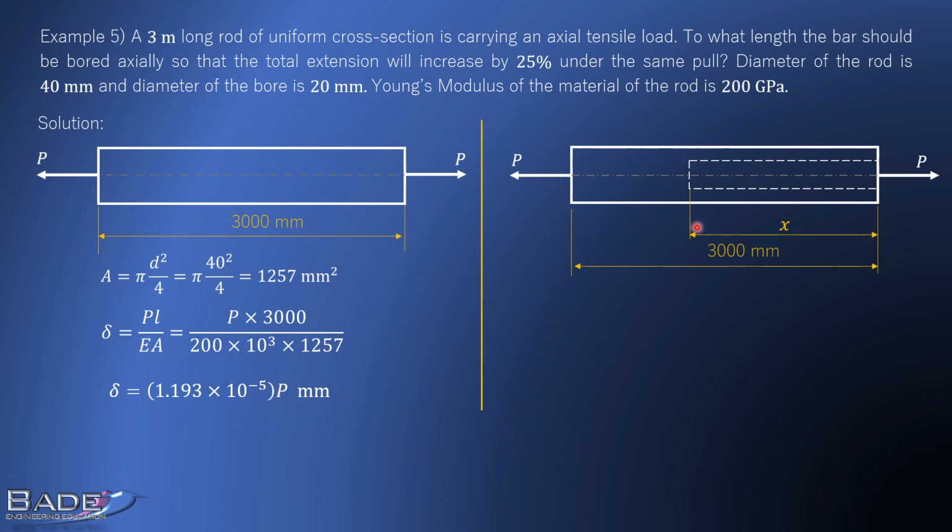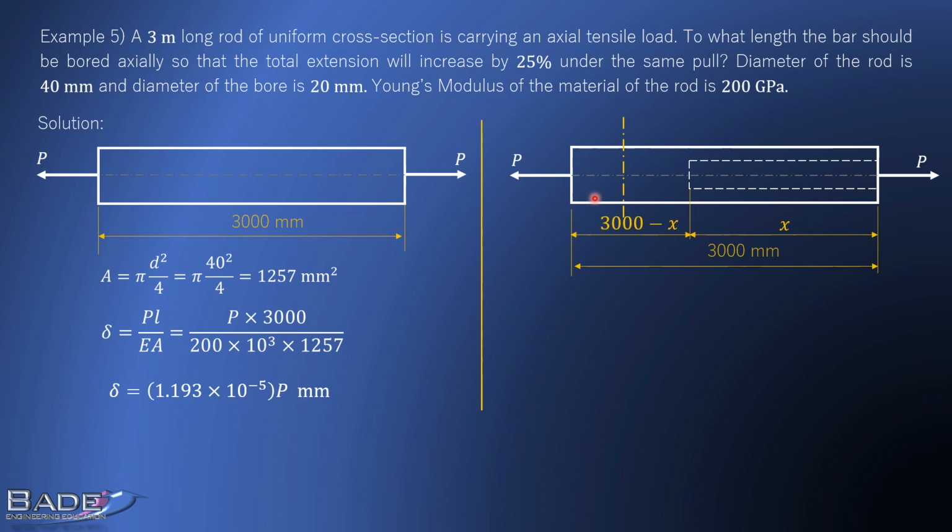So we are going to consider this bar as two bars, a solid bar and a hollow bar of length x. Two bars rigidly connected to each other, so it is a bars in series problem. Remaining length is 300 minus x. L1 is 300 minus x and L2 is x. Area A1 is that solid cross section which we have already found out, and area A2, the hollow cross section, is to be found out.